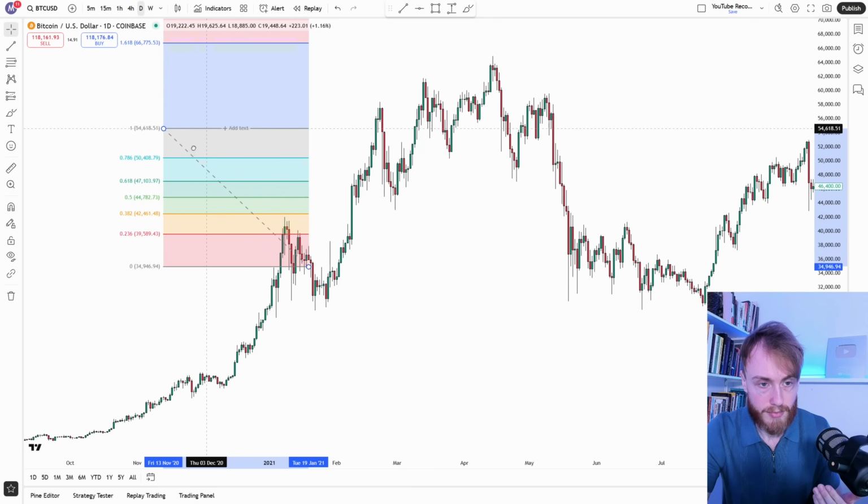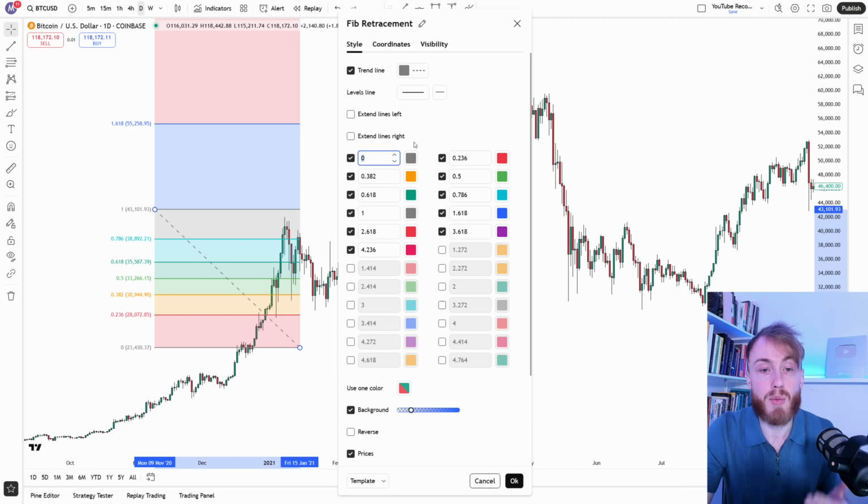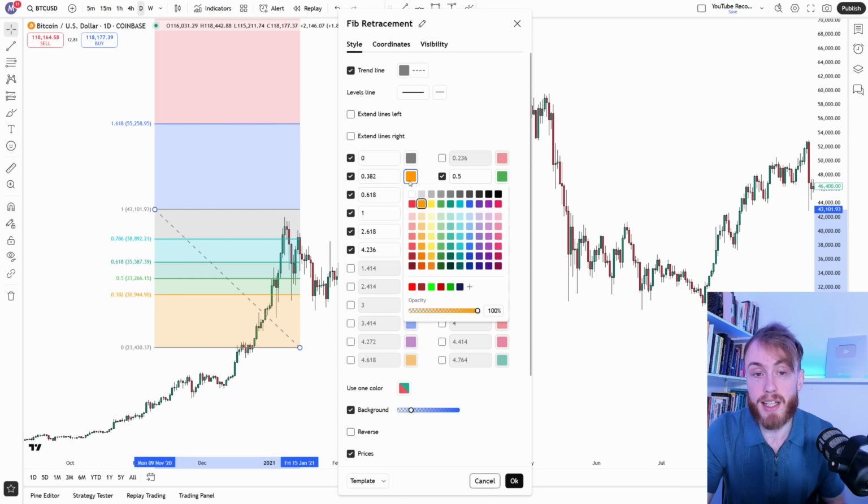But now I actually want to show you guys how you can change the settings of the Fibonacci so you can get this golden zone. So to do that, you open up the Fibonacci indicator, you go here to the settings tab, and what I like to do here, which can make the indicator very clean if you only want the golden zone, is that you can uncheck these